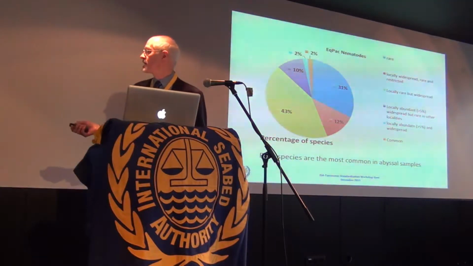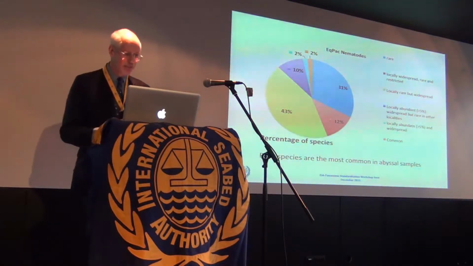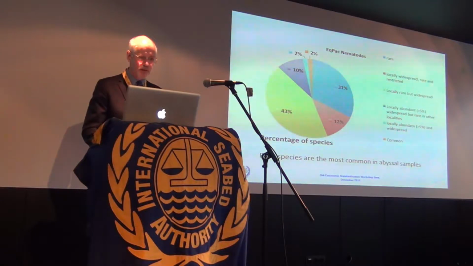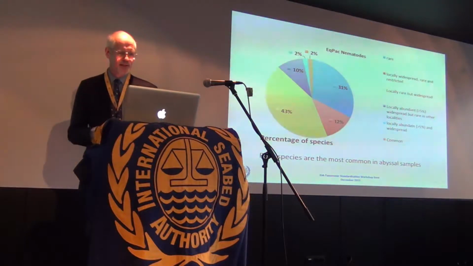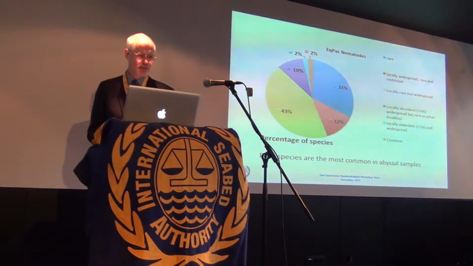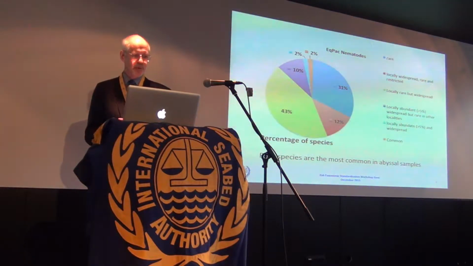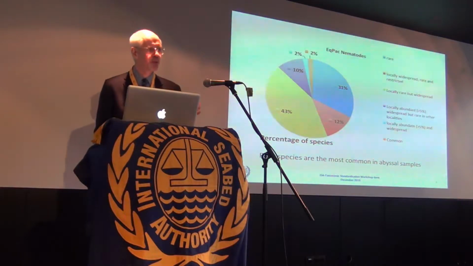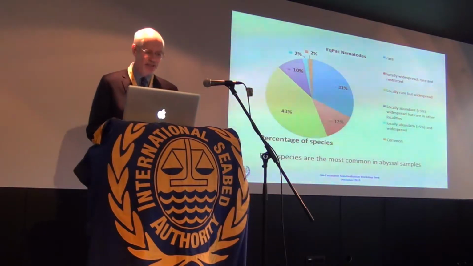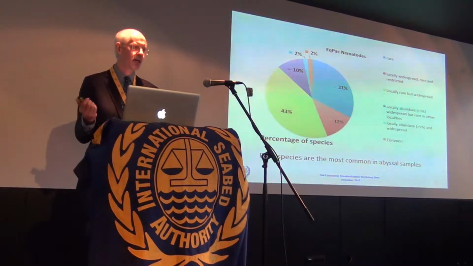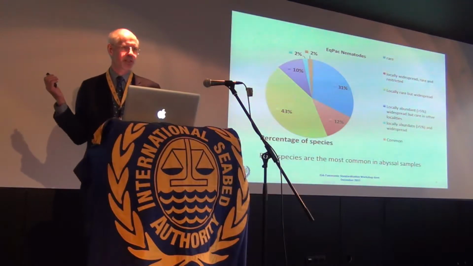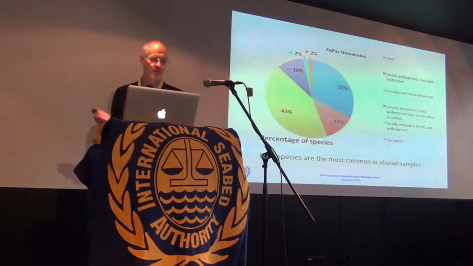And what we can see from this is that rare species are very common in the deep sea. And this presents us with a problem, because if such species are truly rare, then the risk of global total extinction for such species is high. But, and this is one of the recurring problems of looking in the deep sea, this could actually be an artifact caused by the fact there's not enough sampling undertaken to be able to determine whether these actually are rare or just not encountered very often.